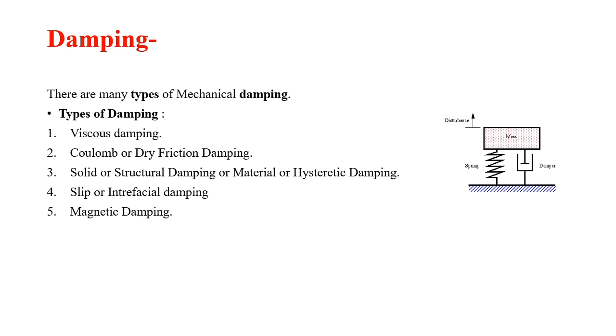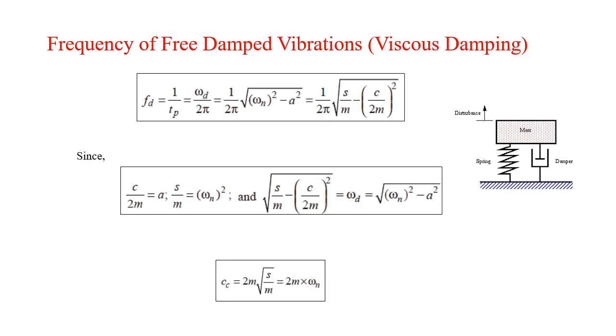Now, we have seen 5 types of damping: viscous damping, Coulomb's damping, solid or structural damping, interfacial damping and magnetic damping. We have seen all these 5 types in detail, and we have seen how to find the natural frequency of free damped vibrations in case of viscous damping. We got the formula for the natural frequency of damped vibration as fd is equal to 1 upon 2 pi square root of omega n square minus a square, where omega n is equal to square root of s by m, and a is equal to c by 2m,